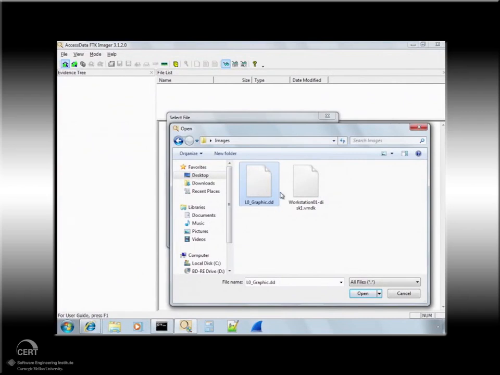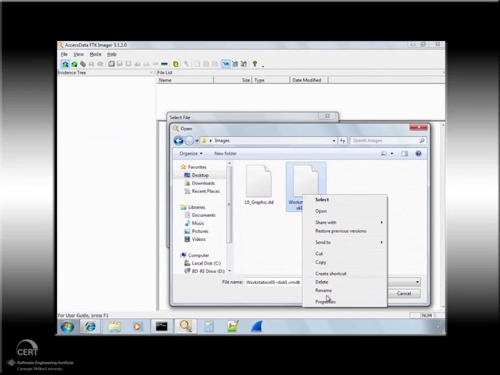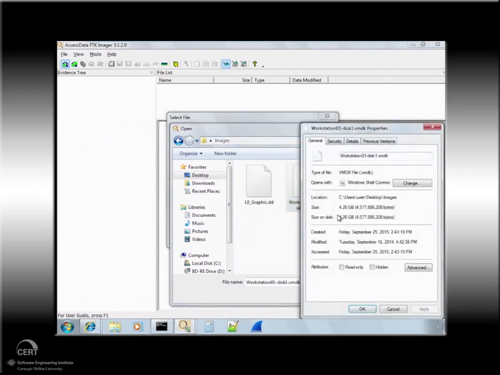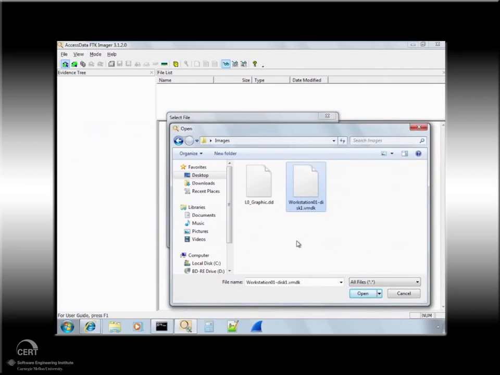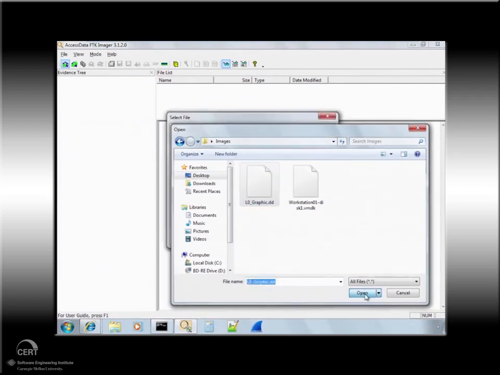I actually have a 4 gig file here. This file is a 4 gig VMDK, and there's no issues with it. So I don't know what the maximum is. Is this the free version or the paid? This is free. Okay. Yeah, I just downloaded this, and I'm going to go ahead and